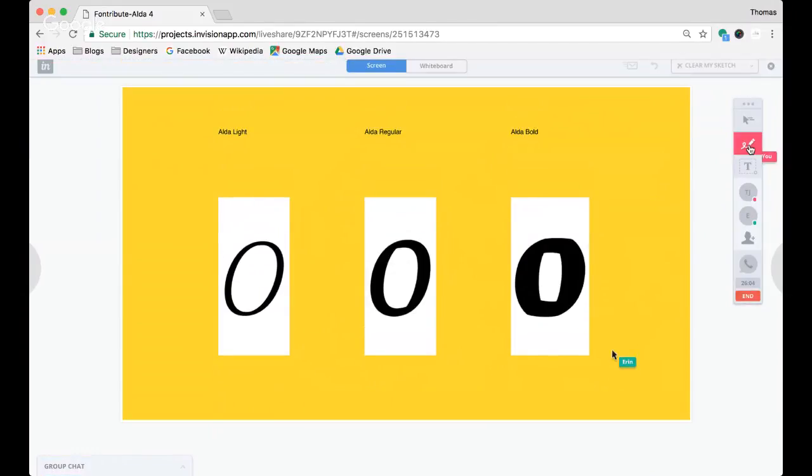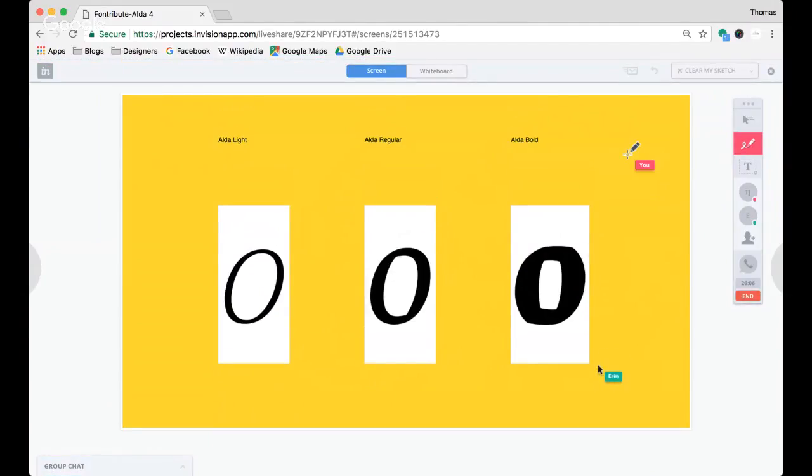Whoa. They're so different. Maybe we should have even started with this, because the differences between these weights are so drastic that this is probably a good way to see them all. Like Thomas was saying on the last slide, we have these extra corners here in the bold weight that aren't present in the regular weight. And there's no corners at all in the lightweight on the interior here. And kind of the same thing on the outside